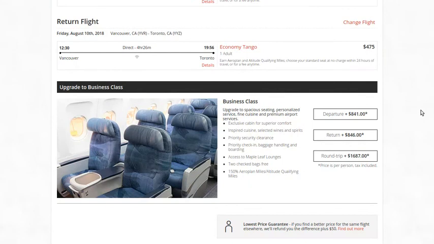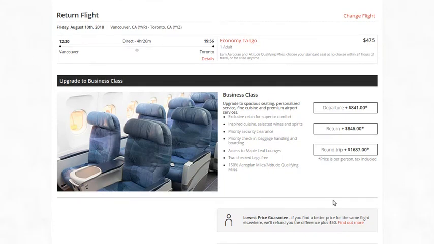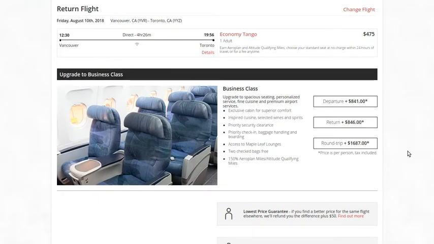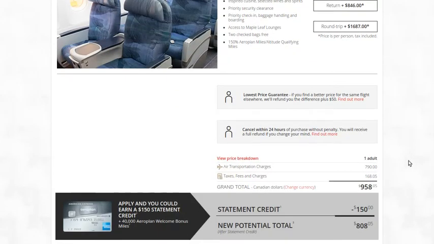Now here's an opportunity or an offer to upgrade to business. It's not cheaper to select the upgrade here versus selecting it instead of the economy fare on the previous 2 pages. It just lays it out for you in a different format. It tells you what you get with that business class fare and allows you to upgrade just one direction or both. So I'm going to pass on the business class upgrade today and move down to where it gives me